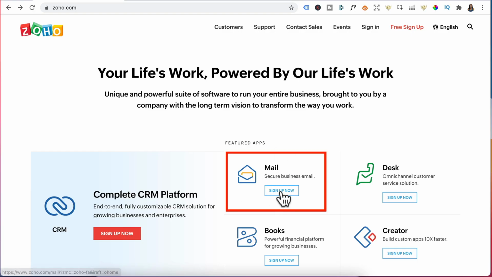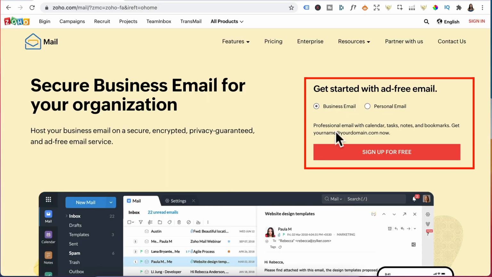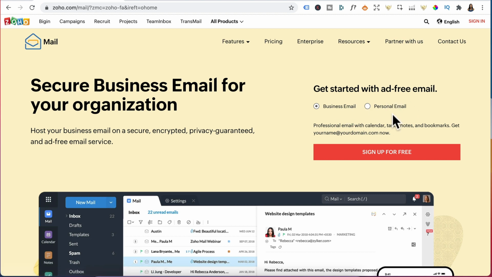Okay, head to zoho.com. Under Mail, you want to click on Sign Up Now. And over here, you want to select the business email because it will allow you to use your own domain. If you select personal email, that will set up a zoho.com email address. So we're going to select business email because we want to use our own domain name